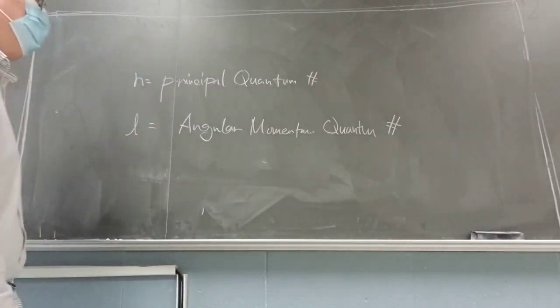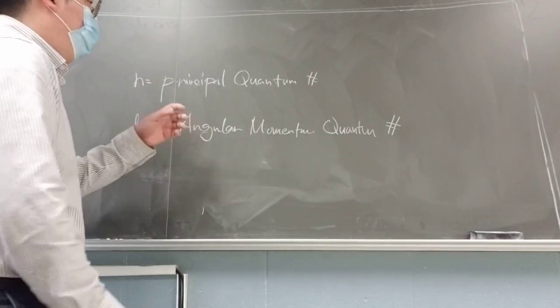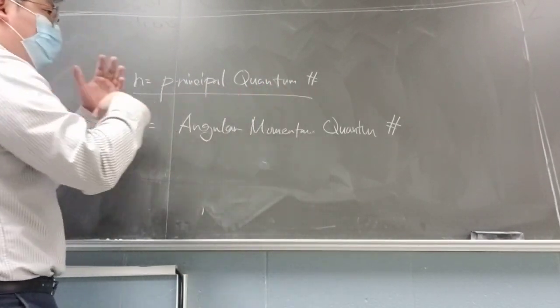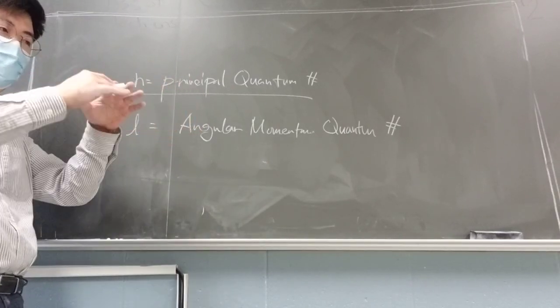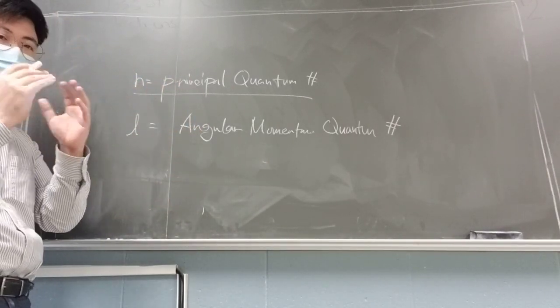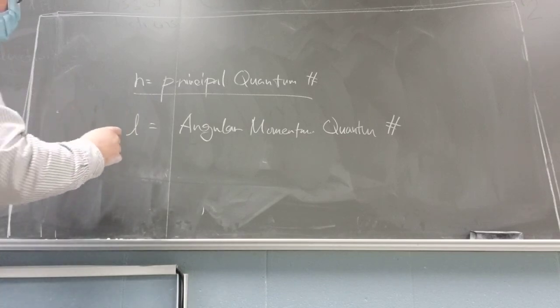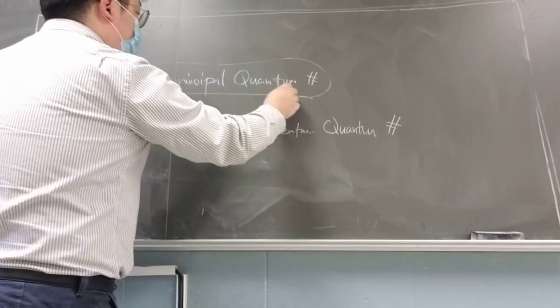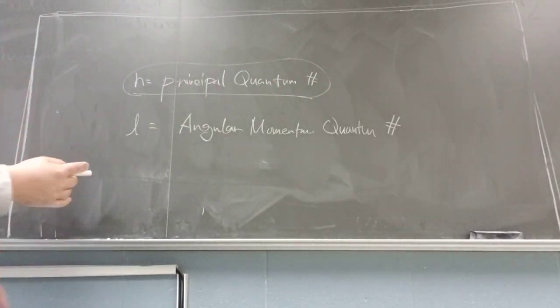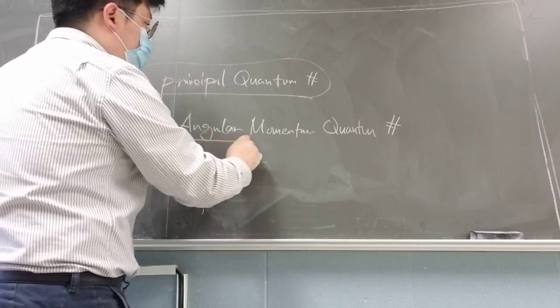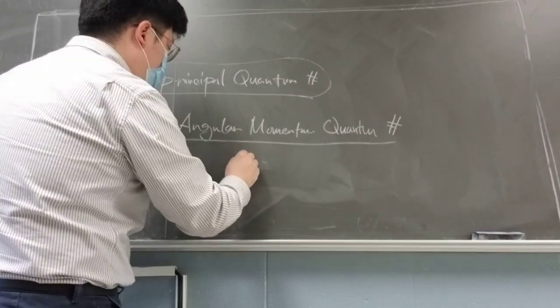This n stands for energy level, right? So how much of the area they can store the electron around the nucleus, that determines the orbital size. But this one will determine the shape